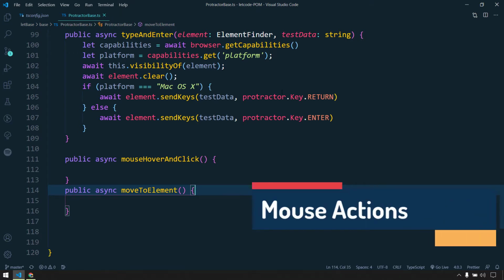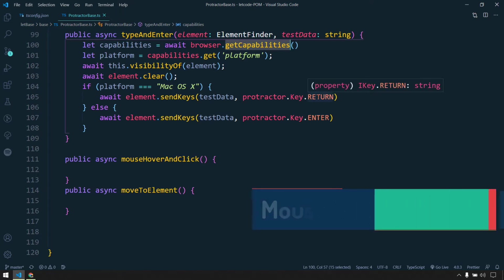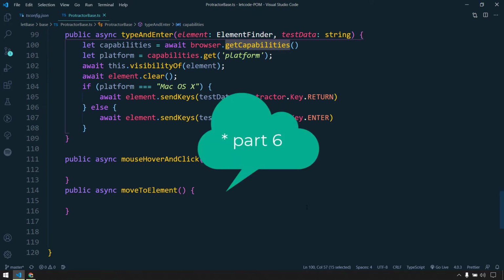Hey guys, in our previous video, we discussed how to get the capabilities based on the runtime and the platform, and how to use the return key or the enter key. Today, we are going to continue with the Protractor framework part 5, where we are going to learn a few of